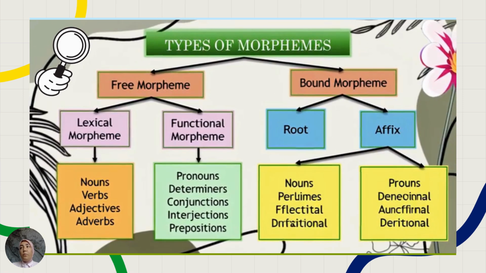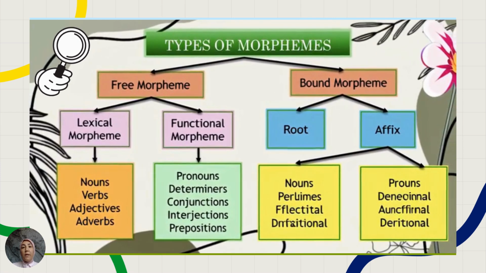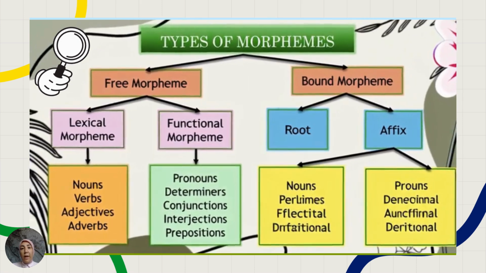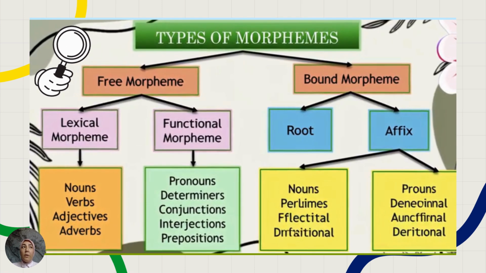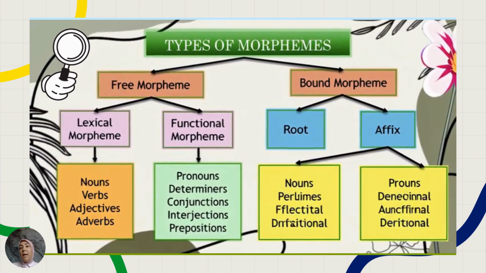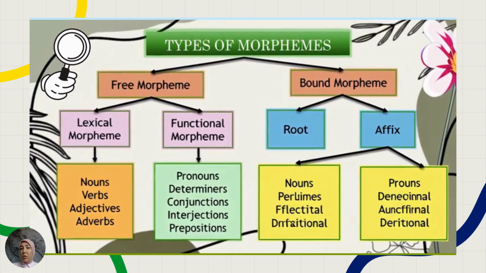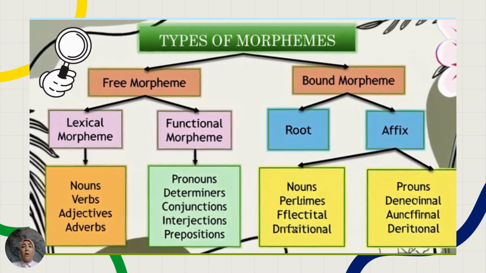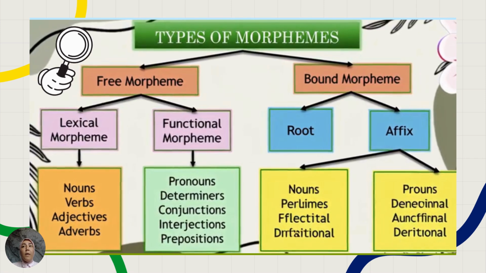So bound morphemes are also divided into inflectional and derivational morphemes. Inflectional morphemes show the grammatical meaning of the word. For example, in the word boys, s is an inflectional morpheme because it's not changing the meaning of the word, it's just changing the grammar of the word. A singular noun became a plural noun. But if we add